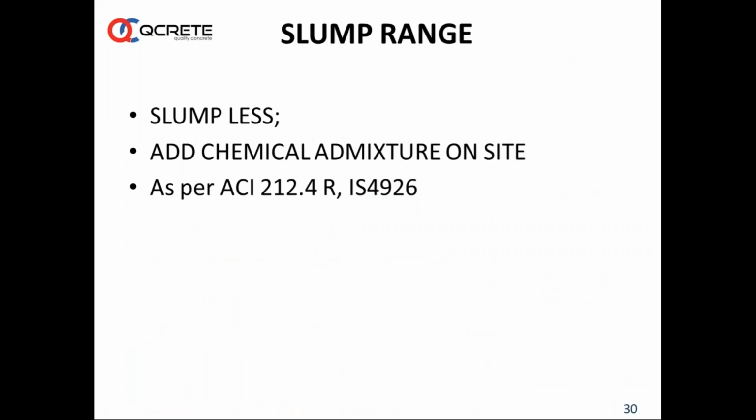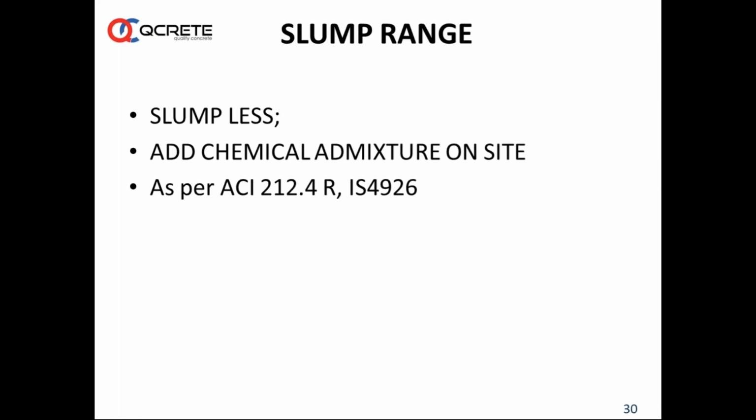So what do you do if the slump is less? As per IS, the allowance given is plus or minus 25 mm or one third, whichever is lesser. For example, if we have a slump requirement at site of about 150 mm, we have an allowance of plus or minus 25. So this is the slump range given. If it is less than this, maybe if the slump comes to 100 mm,